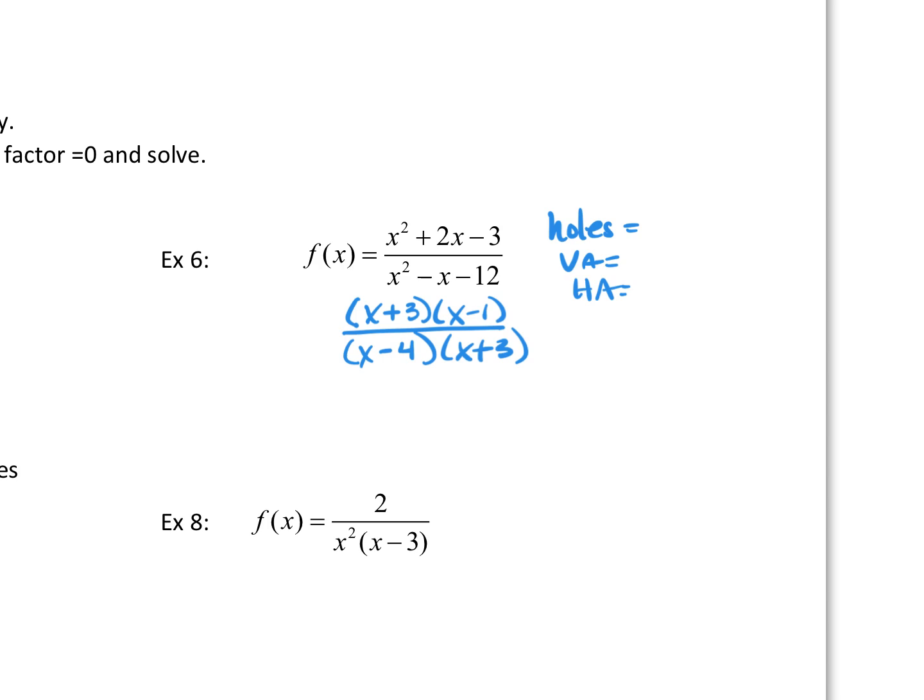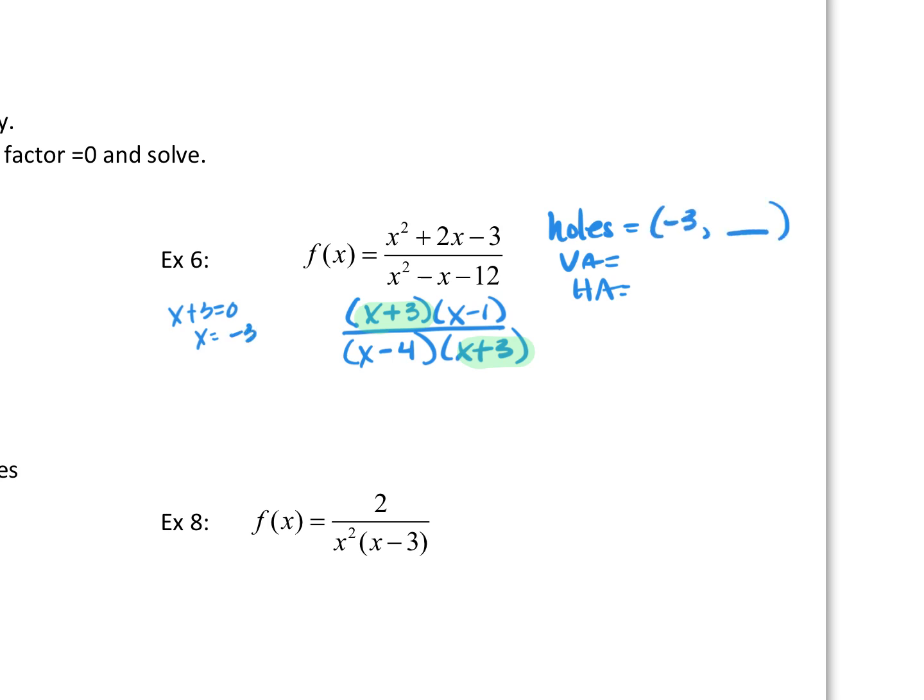Now I look at it, do I have any holes? Yes, because I have x plus 3's in the top and the bottom. So if I take that hole out and solve it for x, I know that x value will be at -3, but then you need to find